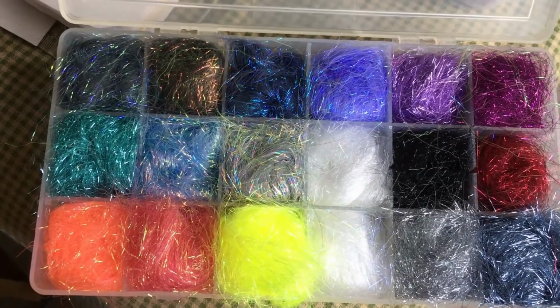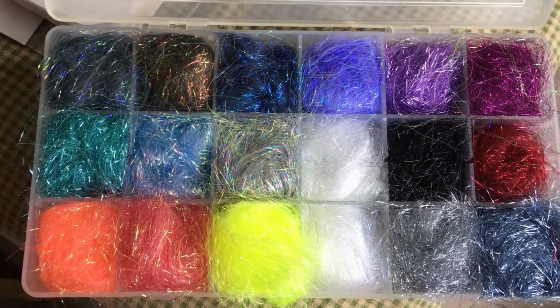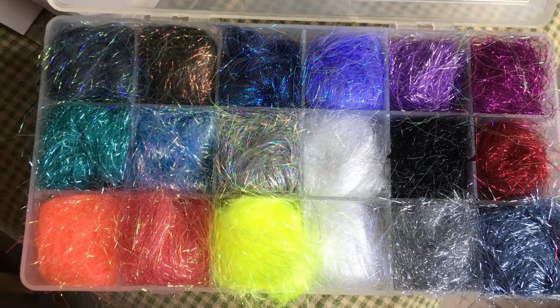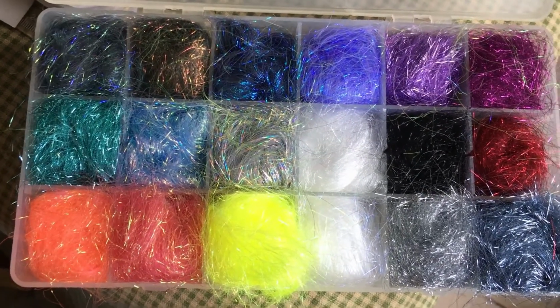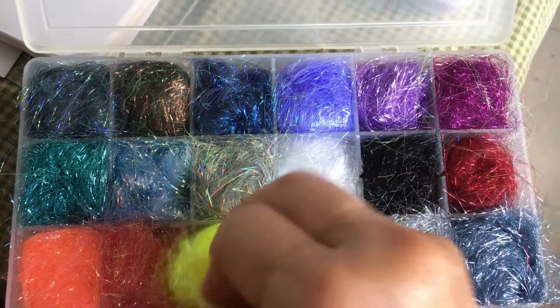I actually had this box, so I took all of them out of their little individual plastic bags and put them in this box. I got a package of 15, I believe, different colors for less than $20, which is a good price. What I'm going to take is a little bit of this yellow,